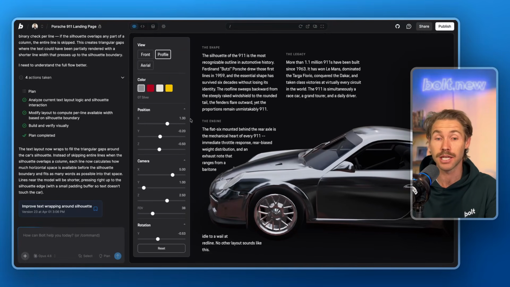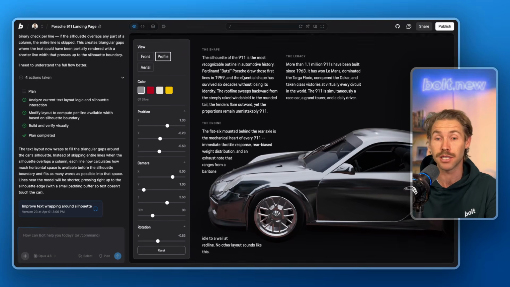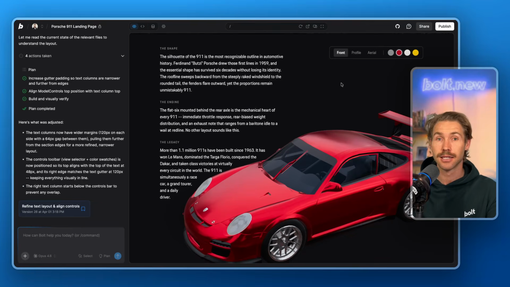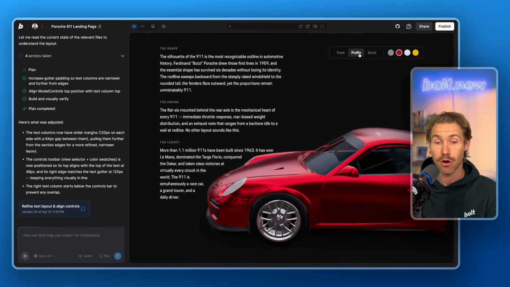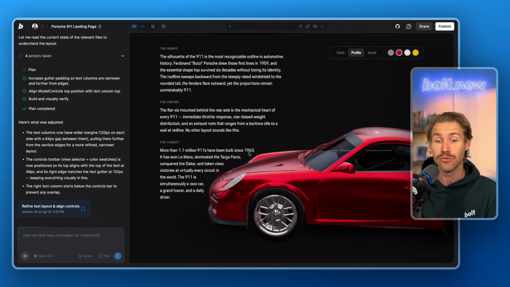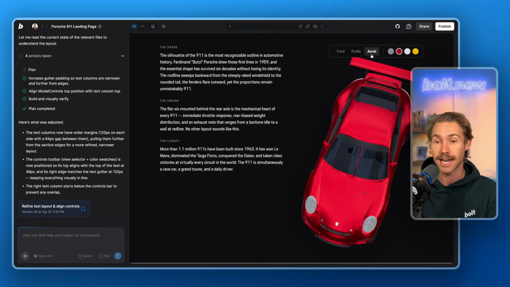I'm happy with this, so let's remove the properties panel and I'm going to reduce the text just to 2 columns. Now it's starting to come together. Have a look, the front view looks good. I like the way that the text is positioned around it. When we change to profile, the text dynamically moves around the bonnet of the Porsche, and aerial works as well